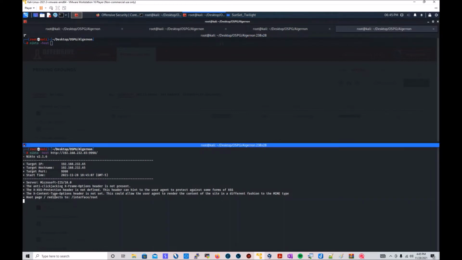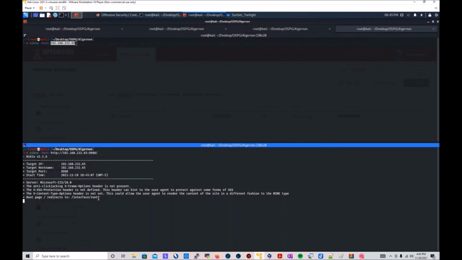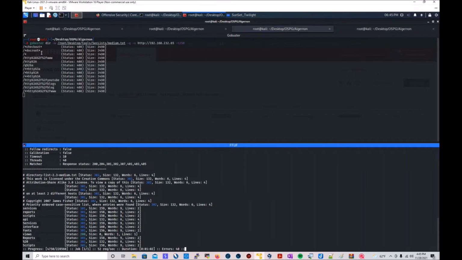Alright. So here we're getting a discovered path right here. And like I say in a lot of the talks that I'm in with the XSS Rat, I like to use Nikto as an emergency-break-open-glass directory buster. So it'll find directory paths that we might not be able to find from regular directory busting. Like as you see here,